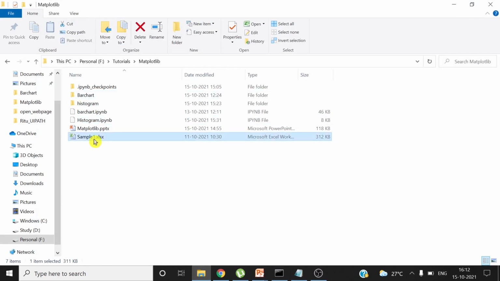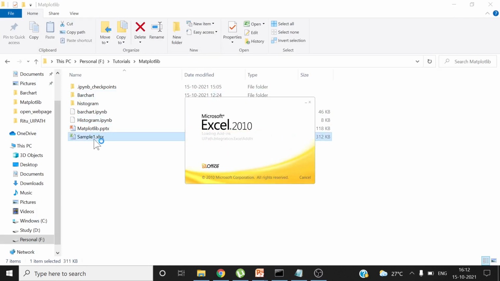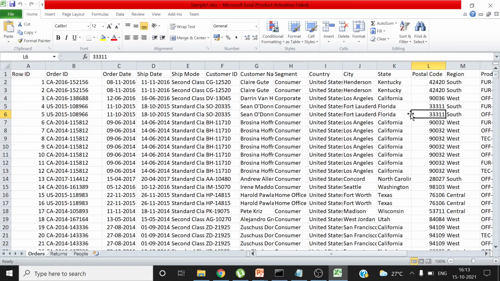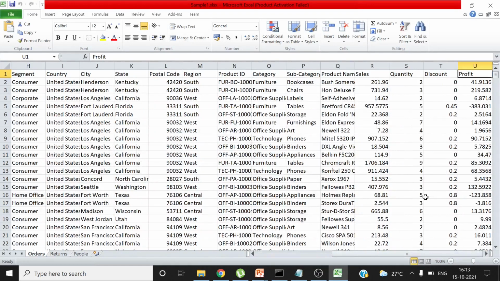So here is our data. What we will do is look at all the states. There is a state column, and for each state we will see the profit: how much profit is gained from which state, and then we will put the histogram on the range.